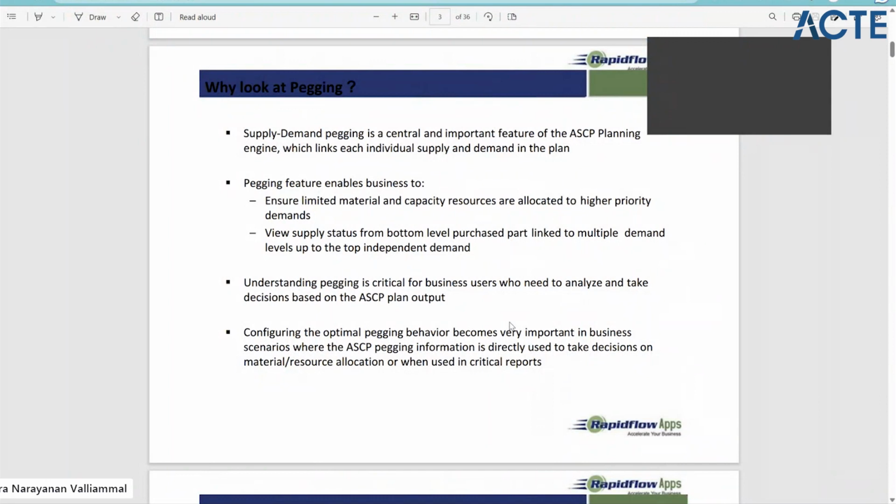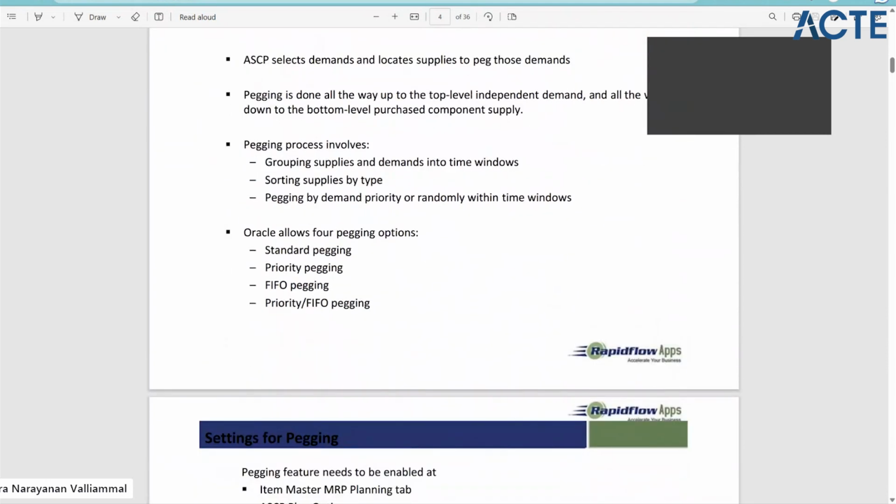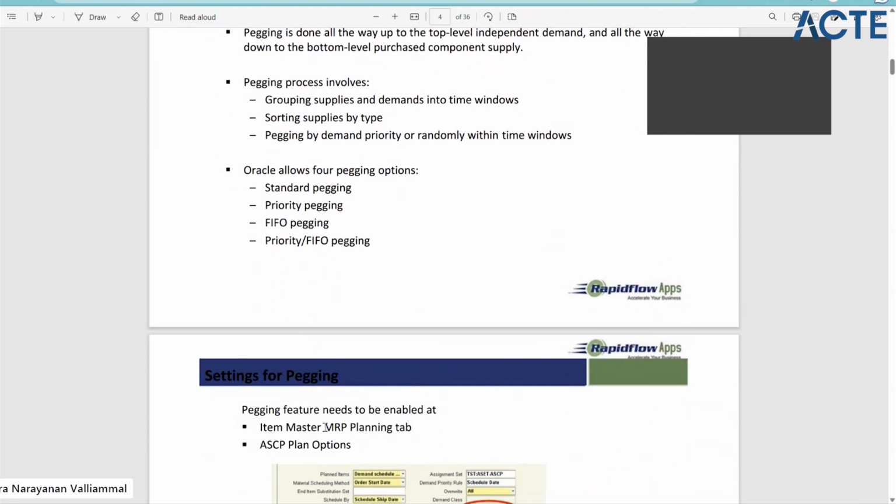When you are getting into this supply and demand, when you want to match one to one, or one to many, or many to one, or many to many, these kinds of matches you can do. I'm giving you the supply and the customer who demands it. So I need to match the customer and the supplier. For that, there is a way to match, which will be first in, first out, or last in, first out. There is a certain way of pegging information you can do. Then pegging is done all the way